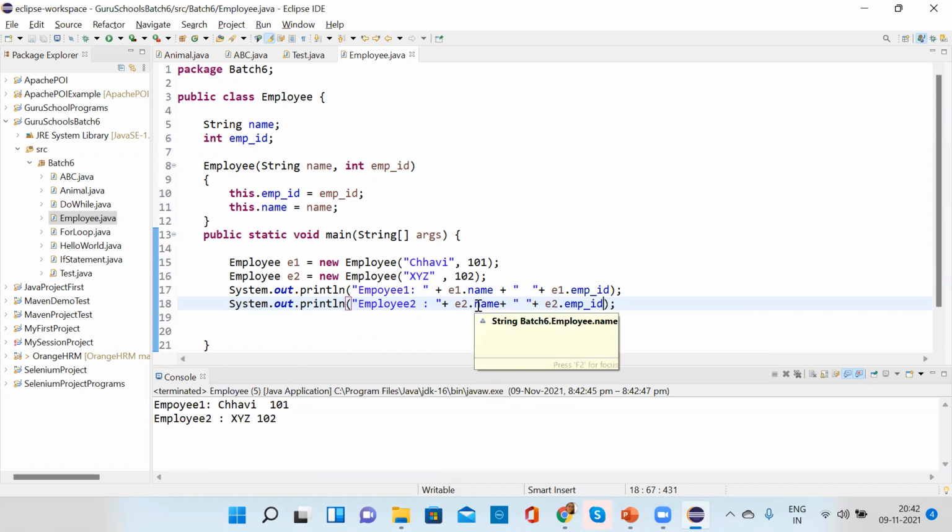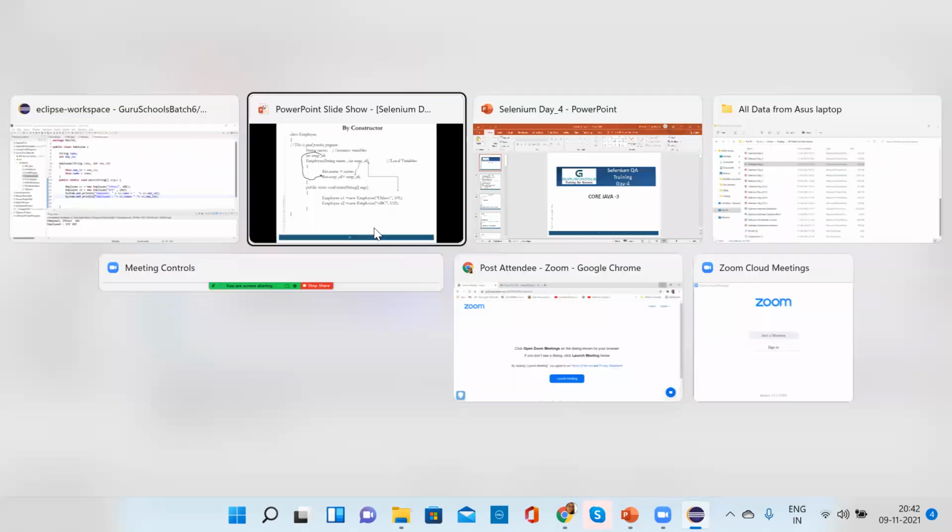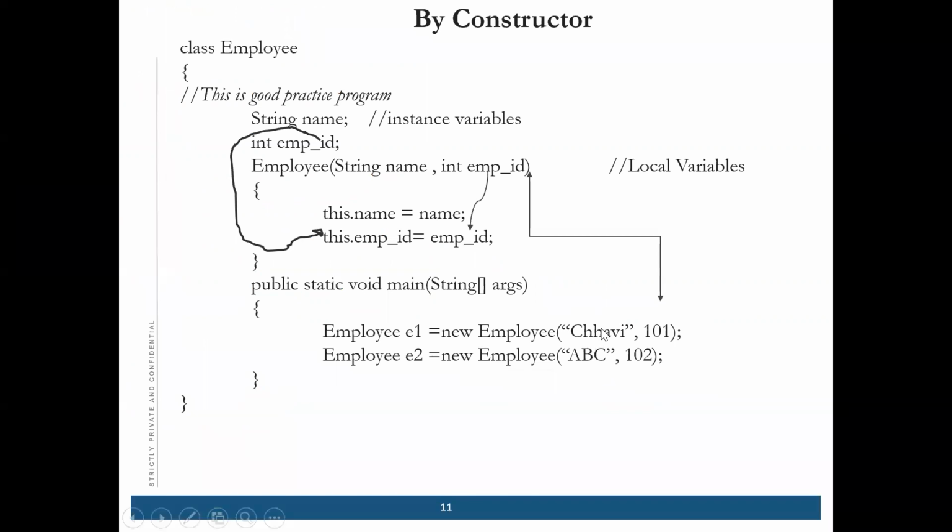Correct? Clear? So with the help of constructor, we are assigning these values to their local variables, and with the help of constructor, we are assigning these values to the instance variables. We are not creating or calling any method. It is automatically called and initialized to these variables.